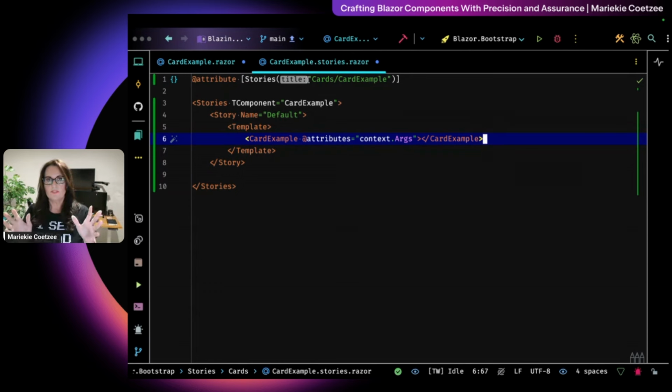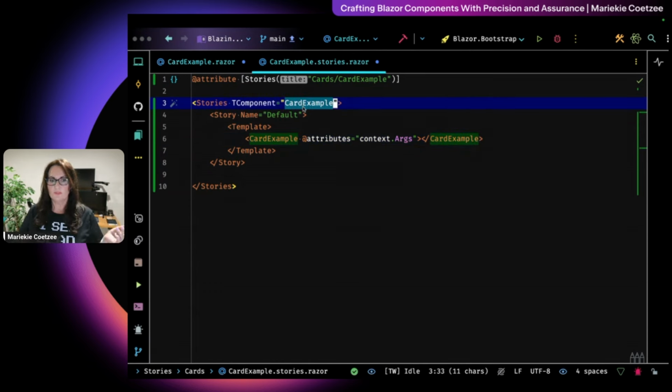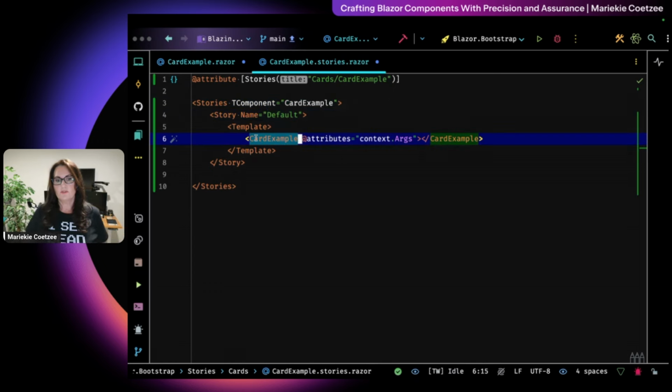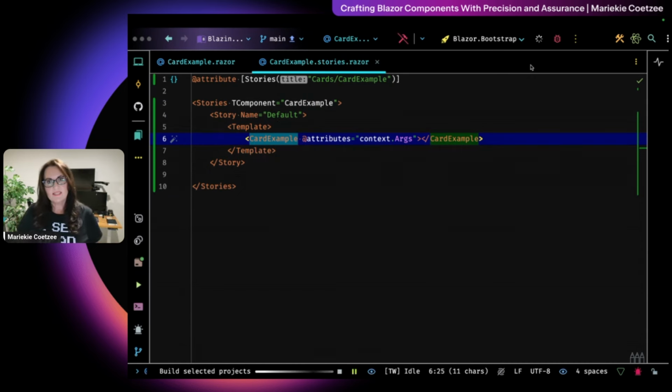And within that, call this component card example. I'm linking it back to my card example component and calling my story default and passing through my template card example. Very basic, very straightforward. So what we are expecting is to see Blazing Story with cards folder, card example, and just a preview of my card. So we'll run the app